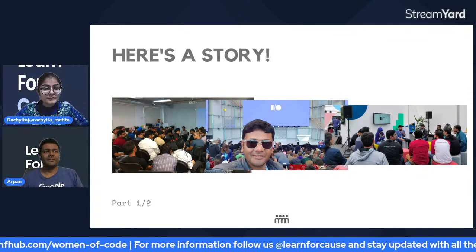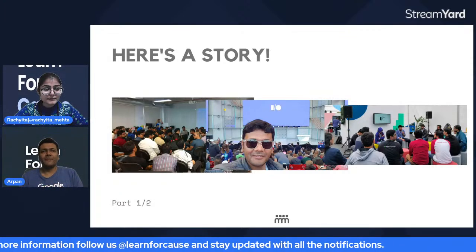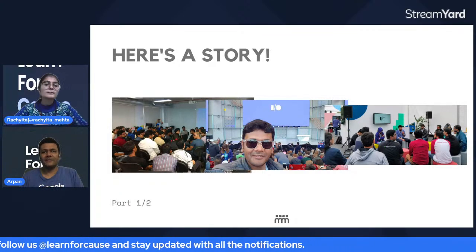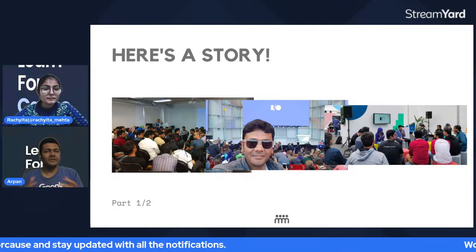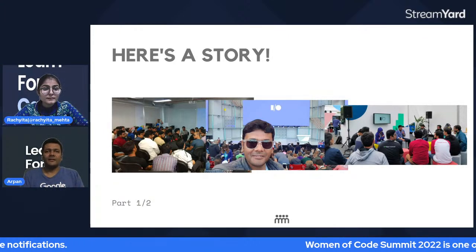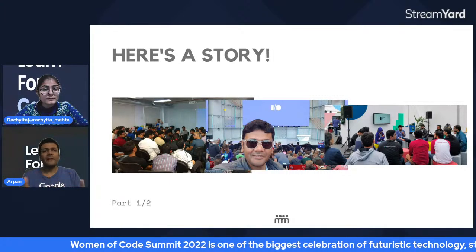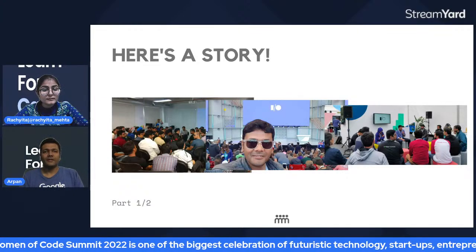Moving forward, I did some work. We formed an algorithm for managing our community in terms of registrations, and we could achieve more than 90% turn up rate for all our events. This probably got some recognition, and the DevRel team at Google was kind enough to extend an invite to Google